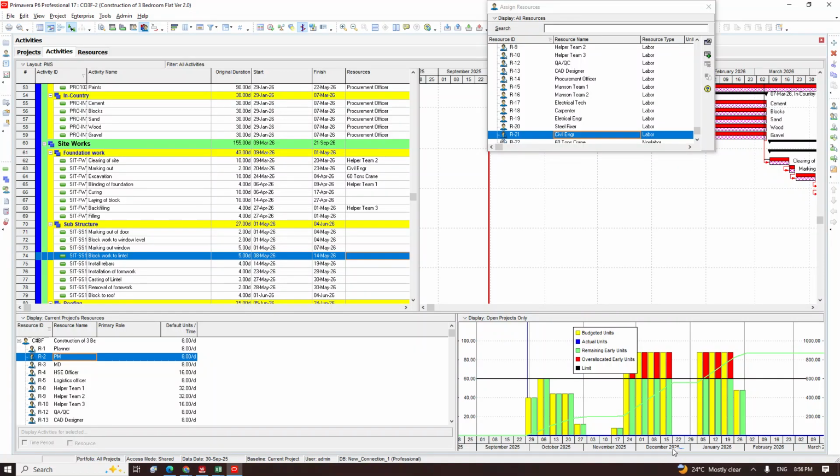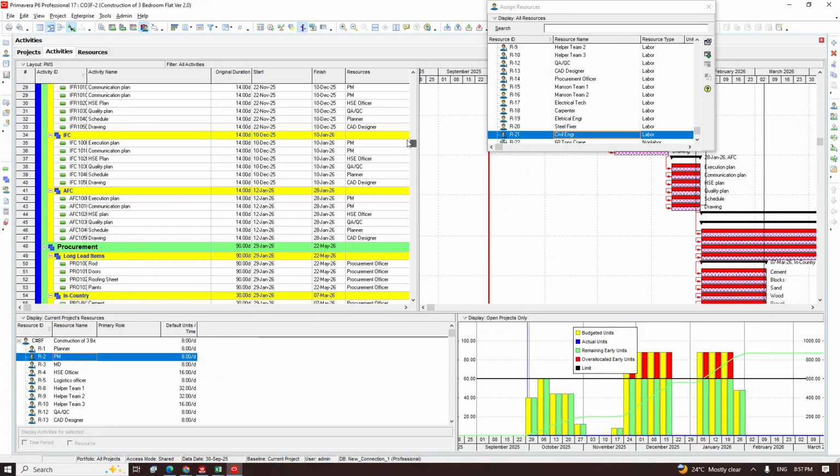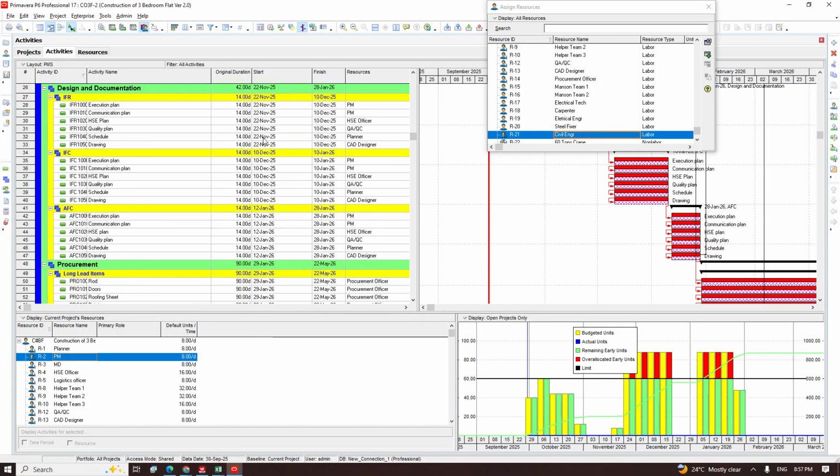They say December 2025, starting from the 24th of November till 15th of December, that PM is overloaded. Same thing, start on the 5th of January till 19th, PM is overloaded. So I will now go and check that date. I can now start looking for that date, 24th of November. So you see it from 24th of November, PM is starting work on the